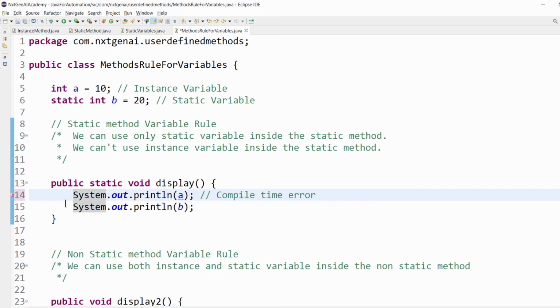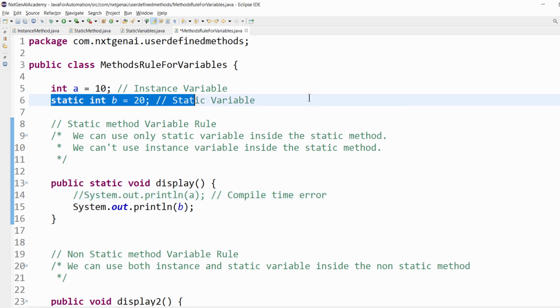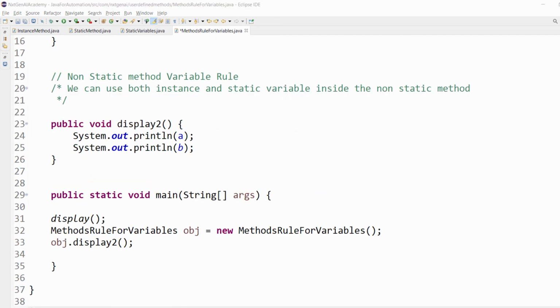It means inside the static method, you can use only static variables. But when you consider a non-static method or an instance method, here you can access both the instance and static variables. These two points you have to keep in mind.